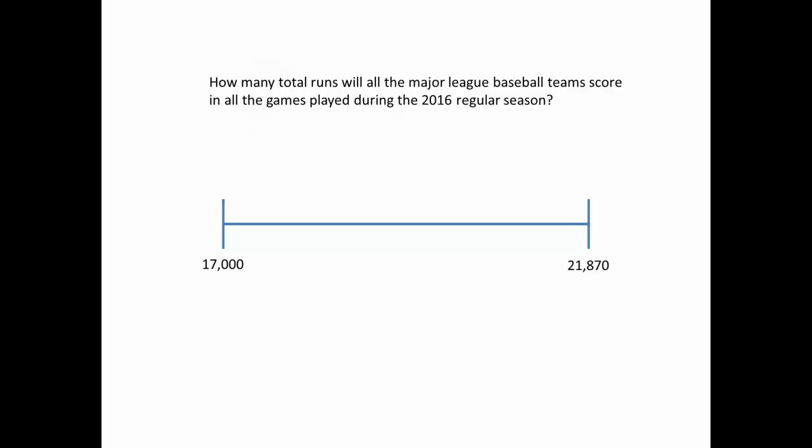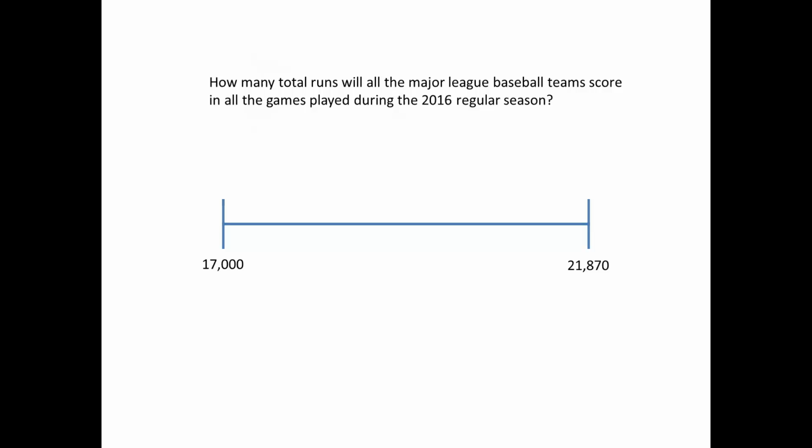I figured the number of teams in Major League Baseball, figured that there would have to be 2 teams at a time, so I took half the number of teams in Major League Baseball times 162 games to get the total number of games in a year. Then I multiplied that number by an average of 7 because I thought the average number of runs was probably between 7 or 9. And that gave me these 2 values that you see here.